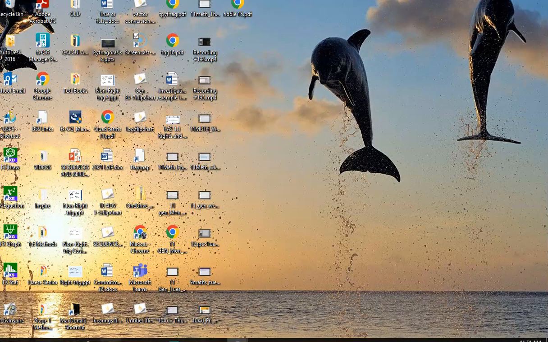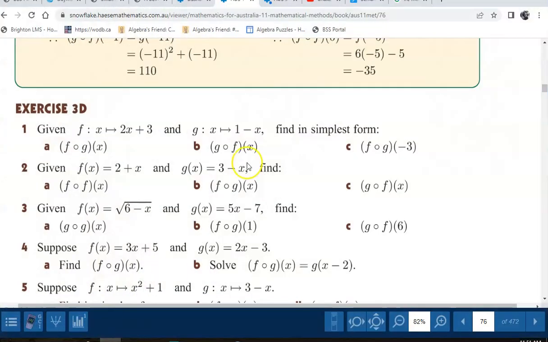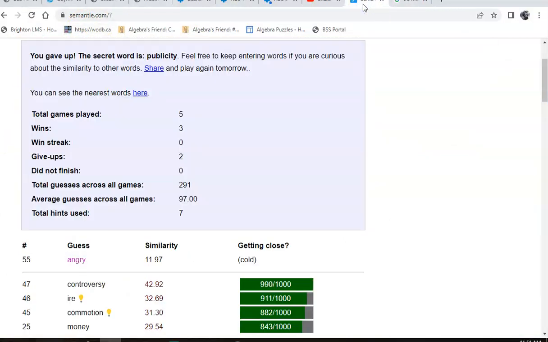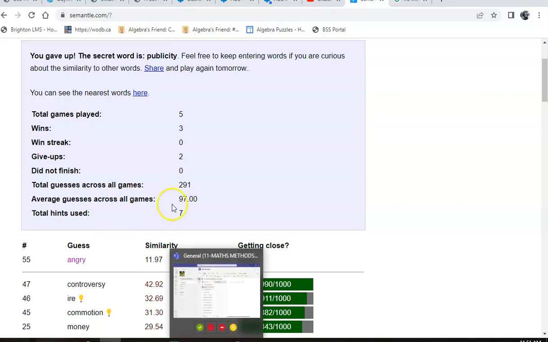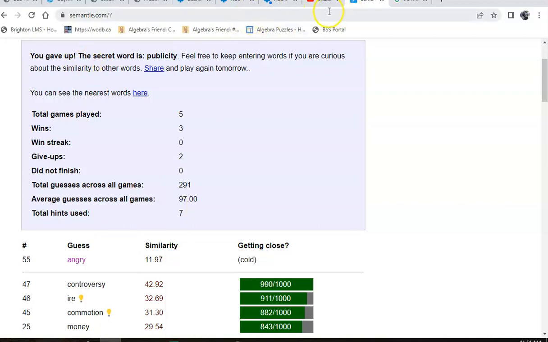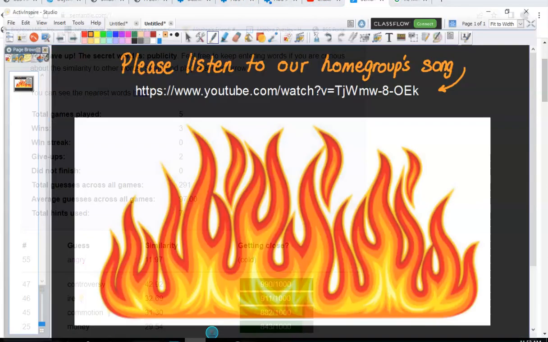If you hit your OneNote, oh, that's not it. Where'd it go? Lost it already. Oh, we played Semantle. I've lost my OneNote. Where did it go? Anyway, we are going to be doing